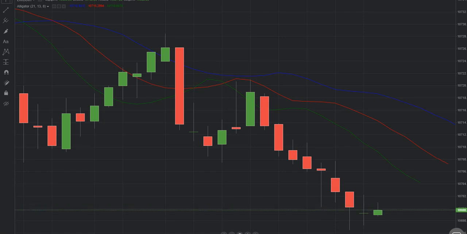The green line is our faster moving average, and we expect this to move first, followed by the red line and then the blue line. The green line crossing above the slower lines represents the buy signals, crossing below